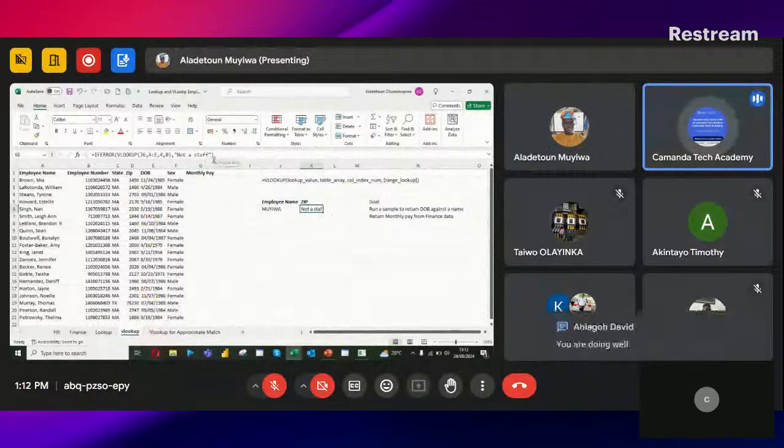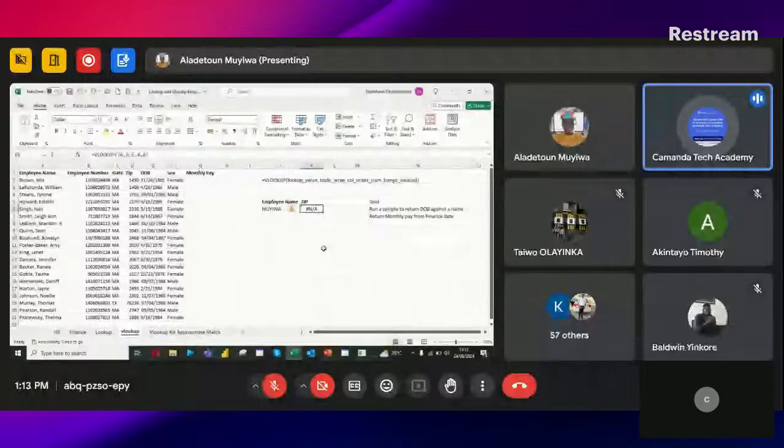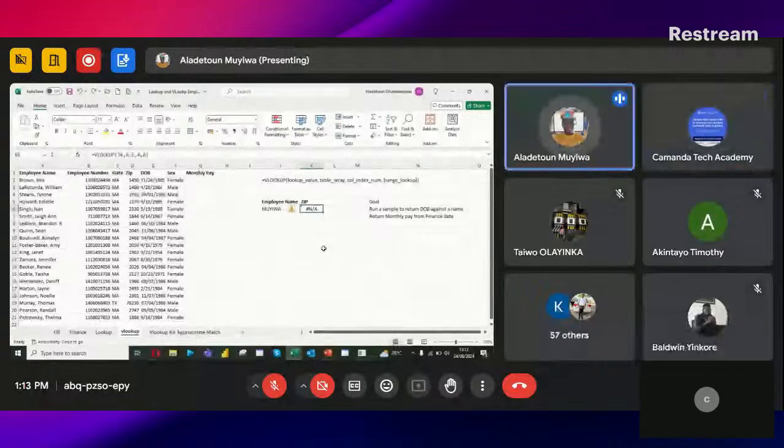Let's address some questions that someone has brought up here. One person asks, what happens if the data that I'm looking for, that's the lookup value, is not in the first column? Aside from the limitation that when your data is not found it returns NA,